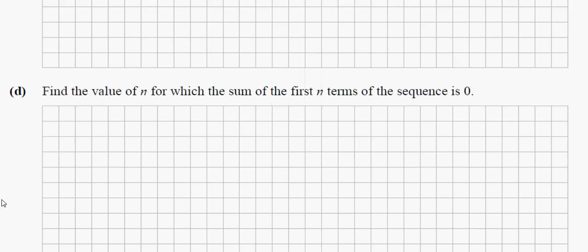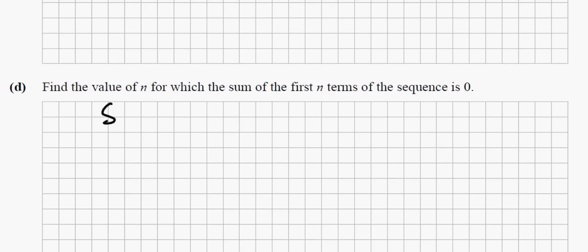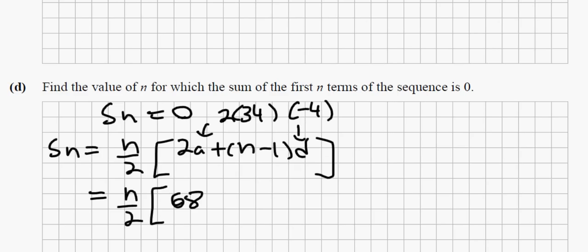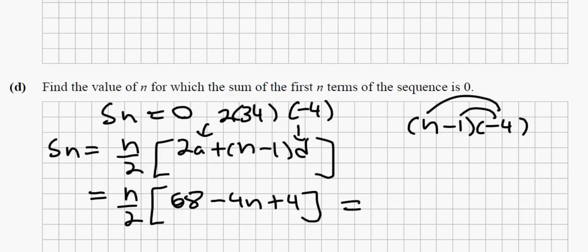Next question. Find the value of n for which the sum of the first n terms of the sequence is 0. Once again write down the formula for S of n. Once again we don't know the value of n this time because finding the value of n is what we're looking for. So what we can say is once again a is 34, 2 times 34 is 68, d is minus 4, multiply in minus 4 by n minus 1 and what we get is minus 4n plus 4 and this breaks down into,